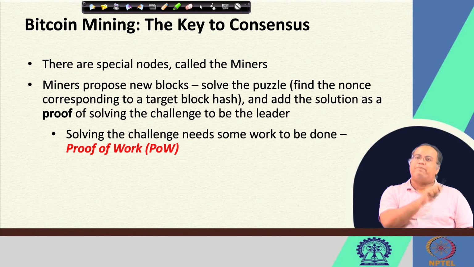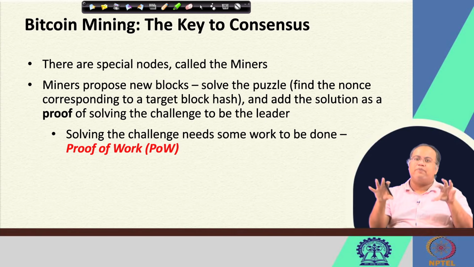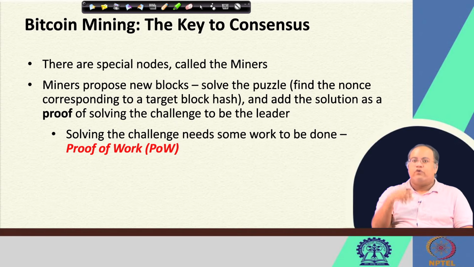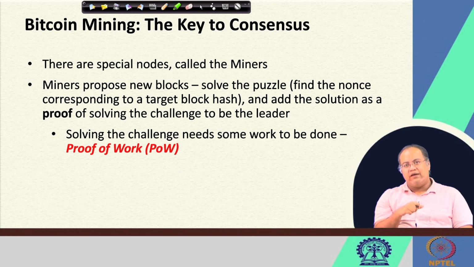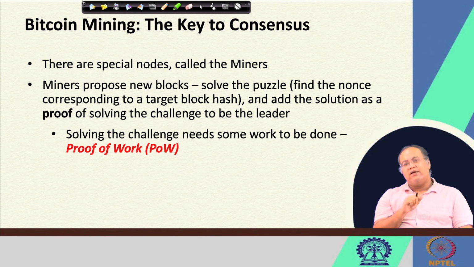So, I have multiple different miners. Among those miners, everyone has their own block, and out of those multiple blocks, I need to pick one block and add it to the blockchain. Which block am I going to pick? I am throwing a challenge to the miners. The miners are going to solve that puzzle individually and independently. The miner who is able to solve the puzzle first, I will take the block from that person and add it to the blockchain.